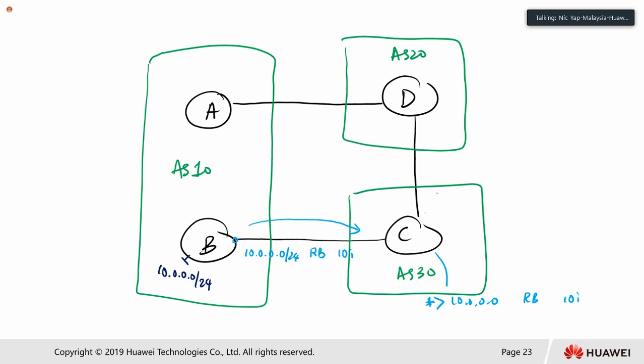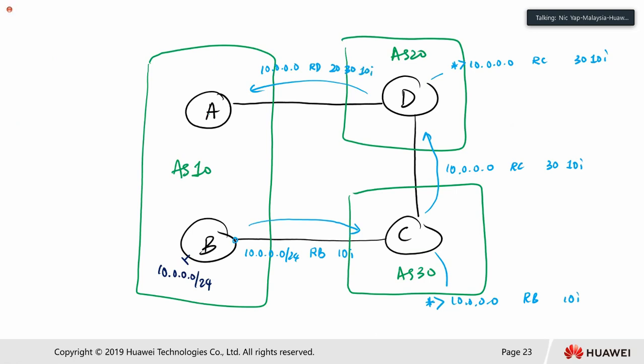Then router C will send this over eBGP: 10.0.0.0, next hop router C, and 30 10i. I include my AS inside the AS path, 30 10i. When router D receives it, this is my table: 10.0.0.0, router C, 30 and 10i. Then it shares this information out: 10.0.0.0, router D, 20, 30,